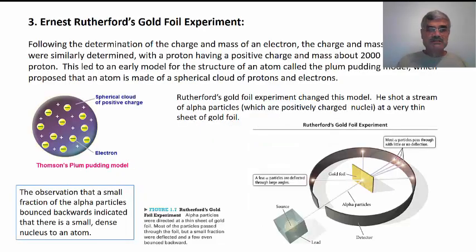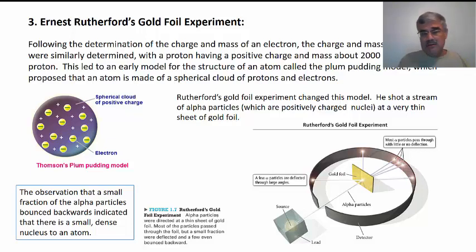The third experiment was Ernest Rutherford's gold foil experiment. So from Thomson's experiment and from Millikan's experiment, we were able to determine the charge on an electron and the mass of an electron, and similarly, the charge of a proton and the mass of a proton were determined. But how the protons and electrons and neutrons, which were also discovered, how they combine together to form an atom